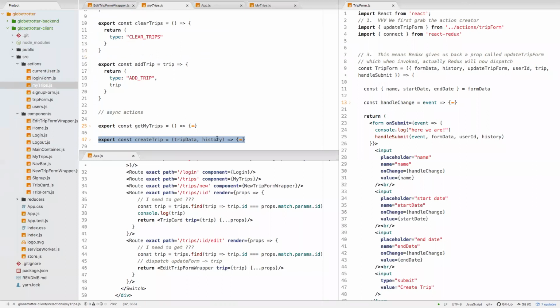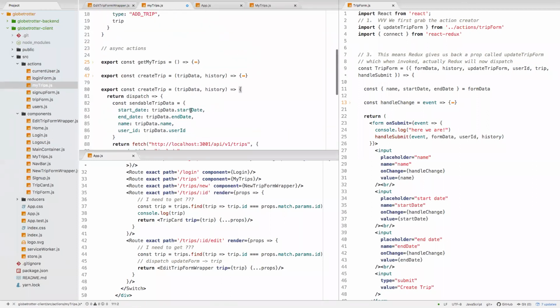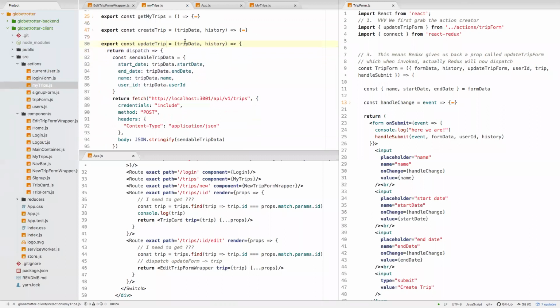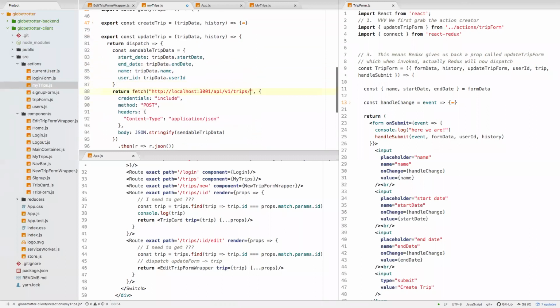And we'll close that up for now. This is going to be update trip. And it's still going to get the trip data and the history. It's still going to return dispatch. It's still going to build the object that I need for the backend to be palatable. I'm still going to send a fetch request, but it's now going to go somewhere else. So it's going to go to a particular trip,